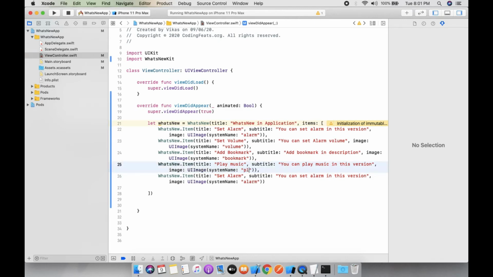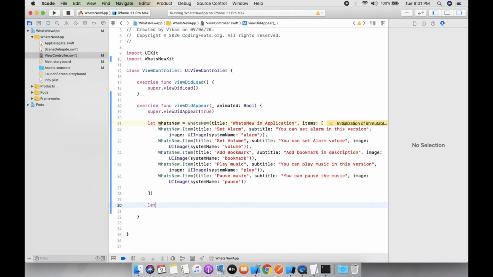So play and pause the music, Pause Music, you can pause the music, and the system image name is pause. So I have just taken dummy data over here, and let's present this screen.